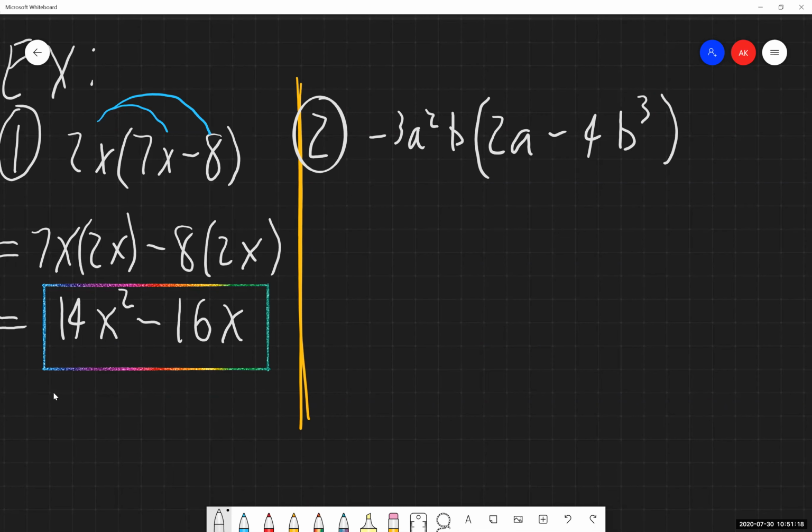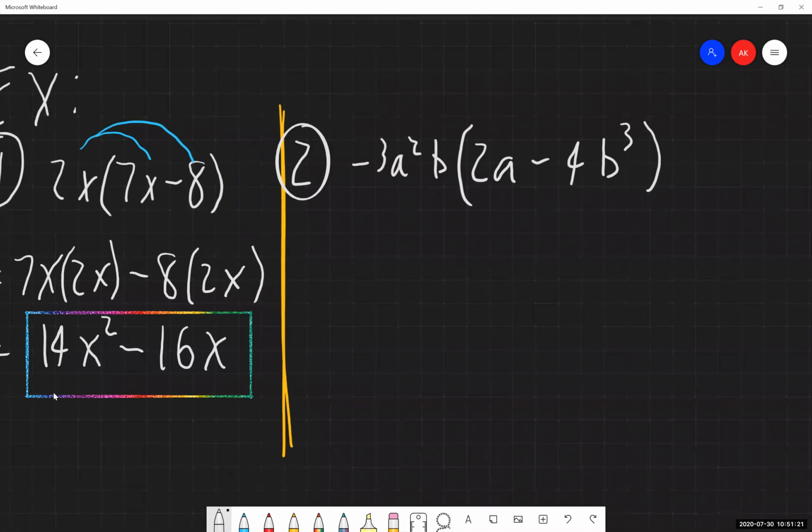So again, just like we did previously, we're going to use the distributive property and take this monomial out front. And it's going to distribute through to each term inside of this binomial. So again, when you are doing this, if you can multiply those two things together, so for instance, our negative 3a squared b times 2a, if you can multiply that together in your head and get the correct answer, great, good for you. I can't do that all the time, especially when we get to some later ones where these numbers get a bit grosser and there's a lot more going on. I can't keep track of that.